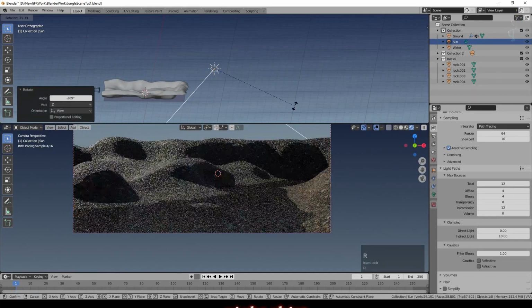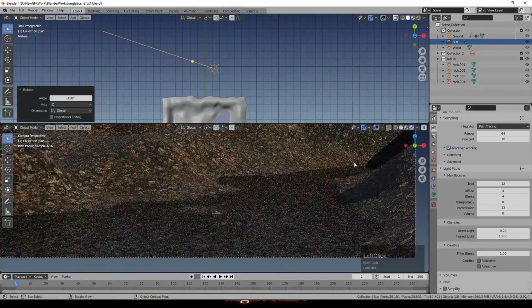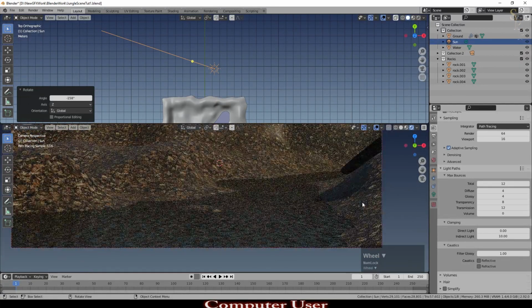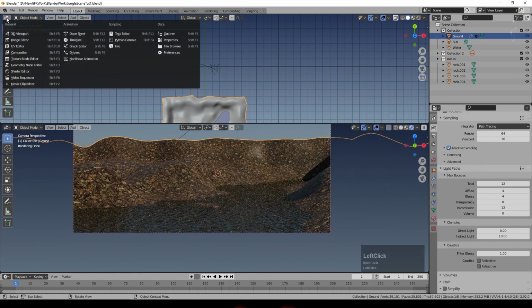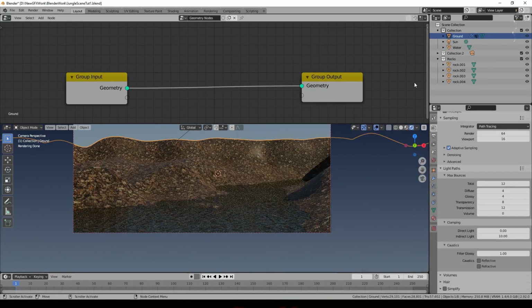And we can raise that up like that. I think I prefer the sun coming from that side. It gives a bit more colour to the ground. So we'll go with that for now. So we're now ready to start adding some assets to the scene. So we'll come up to here and we'll go to Geometry Nodes, and I've got the ground selected now, and we'll say New, and we get our basic geometry appearing there.